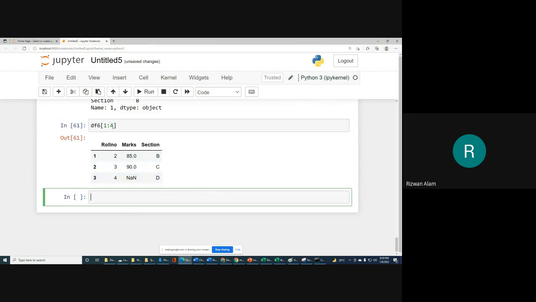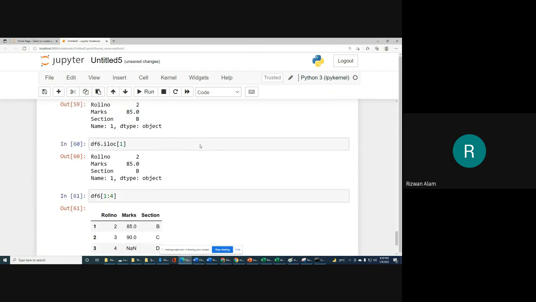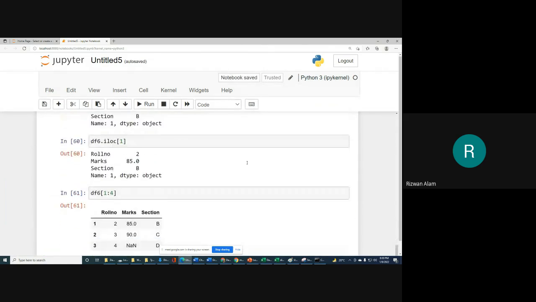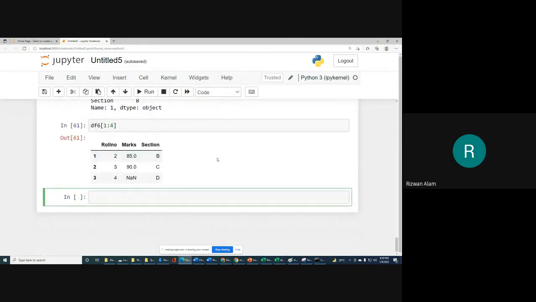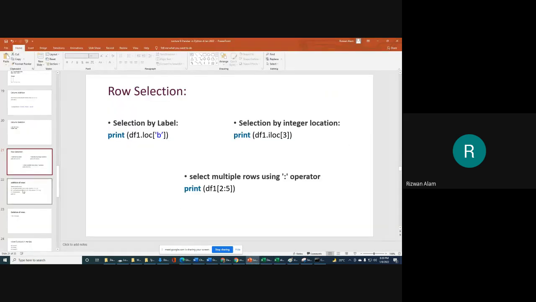The last one will not be displayed, as we know from slicing and the range function that the last index is excluded. So in this way you can access multiple rows.